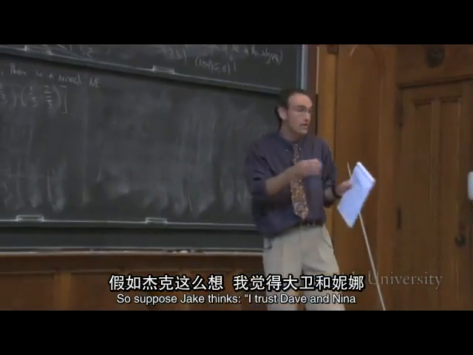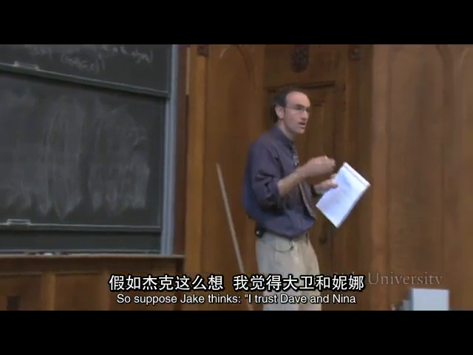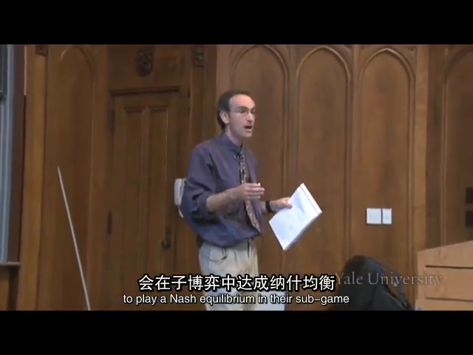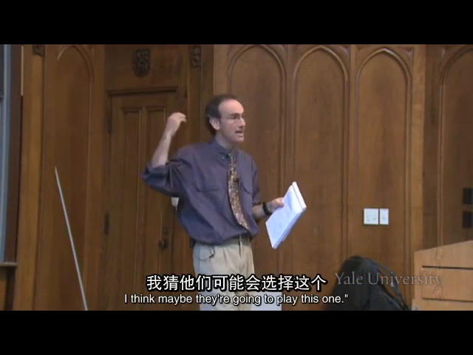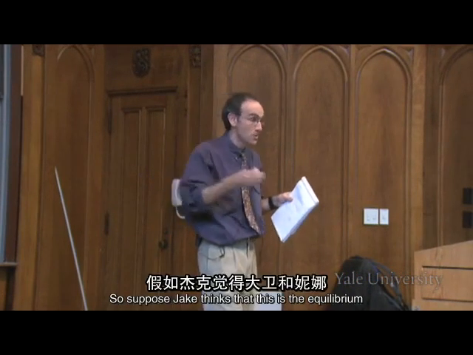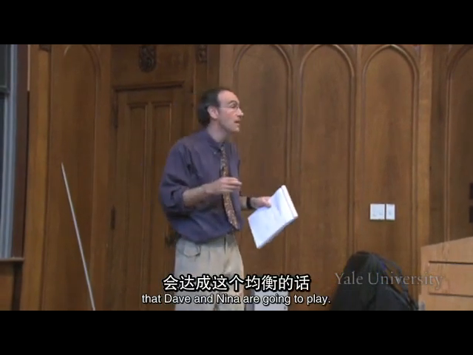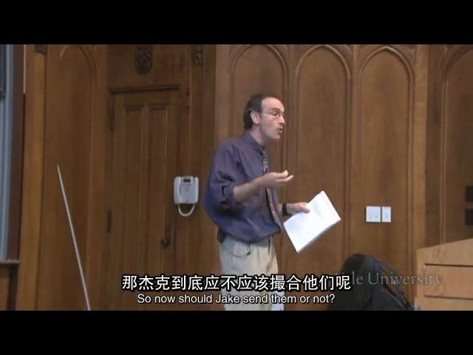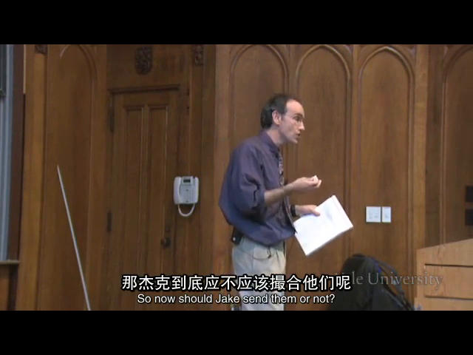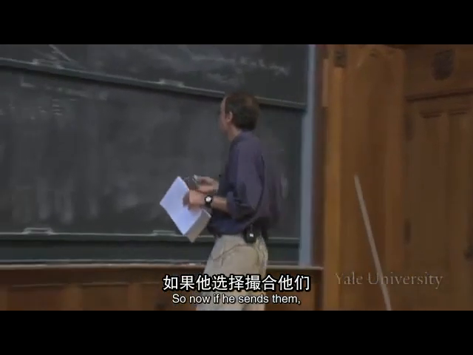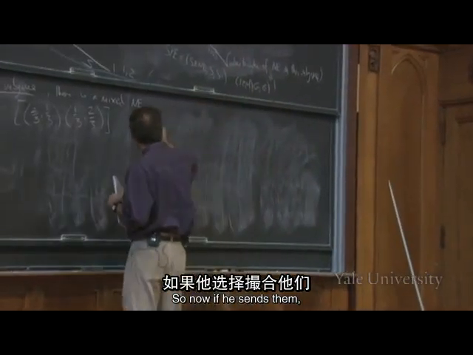Right? So suppose Jake thinks, I trust Dave and Nina to play a Nash equilibrium in their subgame, but I don't know which one it is, and I think maybe they're going to play this one. So suppose Jake thinks that this is the equilibrium that Dave and Nina are going to play. So now, should Jake send them or not? Well, let's work it out. So now, if he sends them,